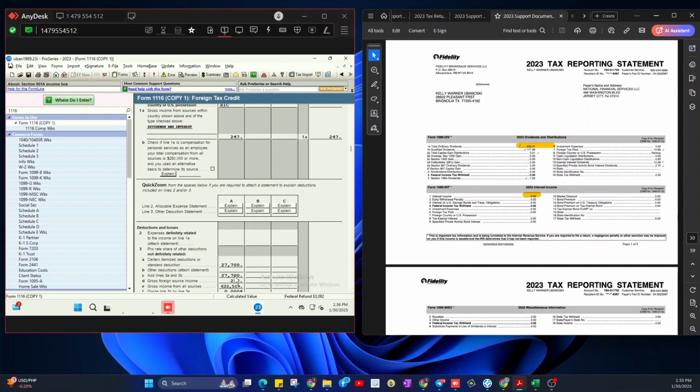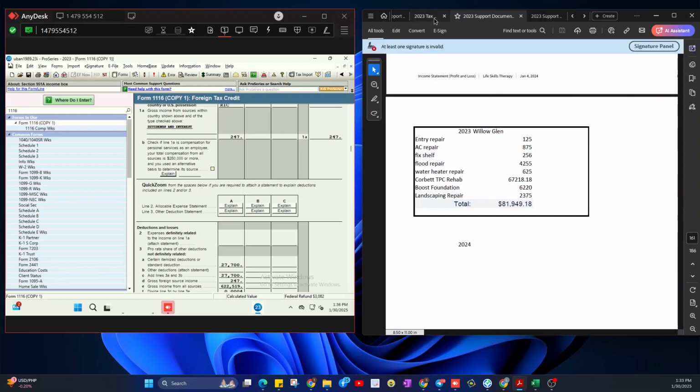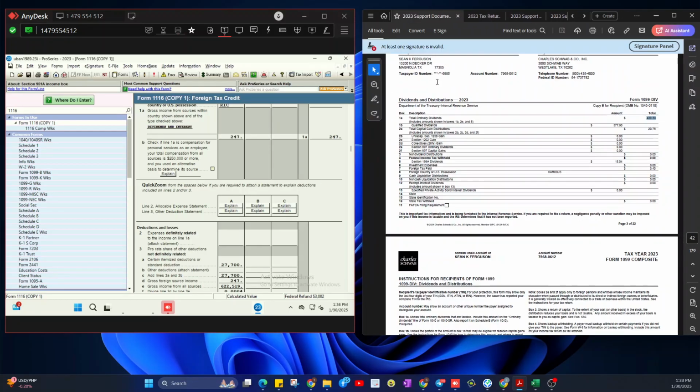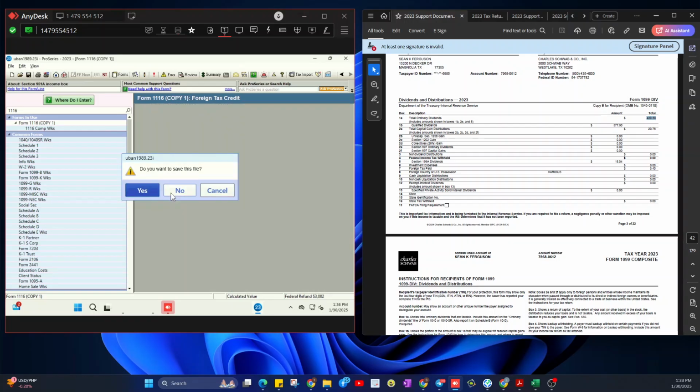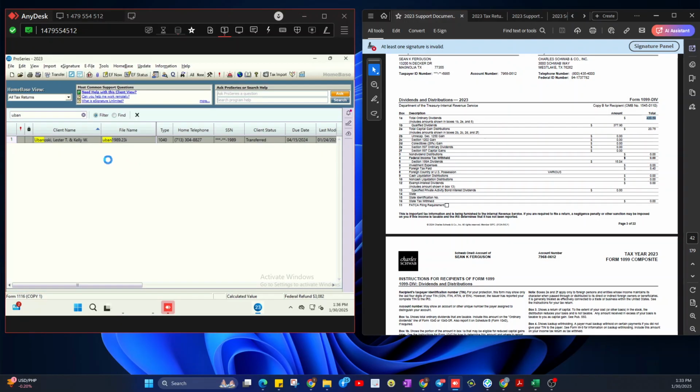That's why I add it up. So this is the 247. So I think we need to do the same thing for this one. So what we need to do is